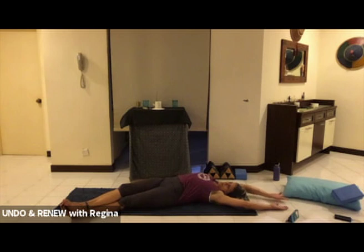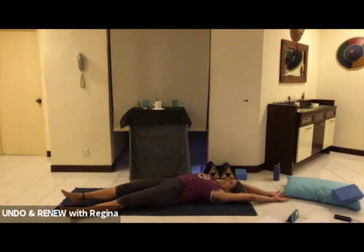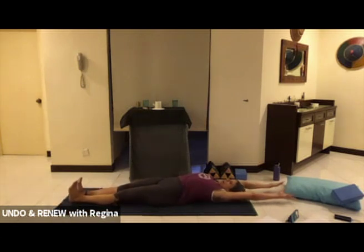And then gently draw the hands back towards center. Release the lock on the ankle. Walk the feet back towards center. Take a full body stretch, noticing if you feel any difference between the two sides of the body. Extending through the toes, extending through the fingers, and then flexing the toes, flexing the fingers and the wrists, flexing the ankles,